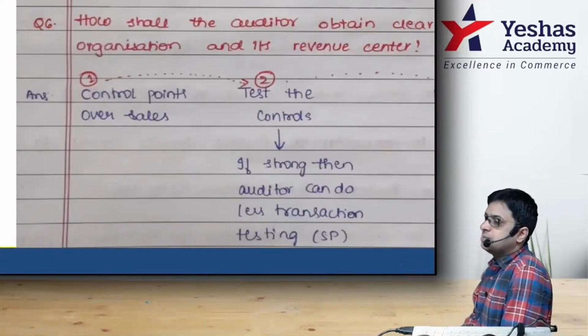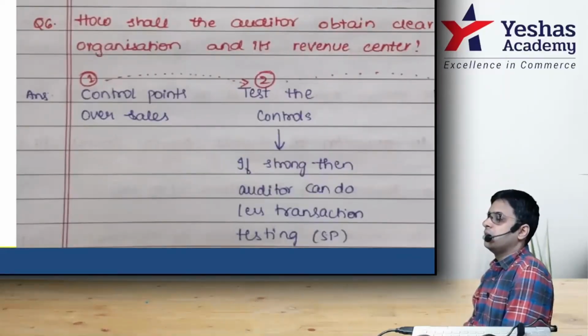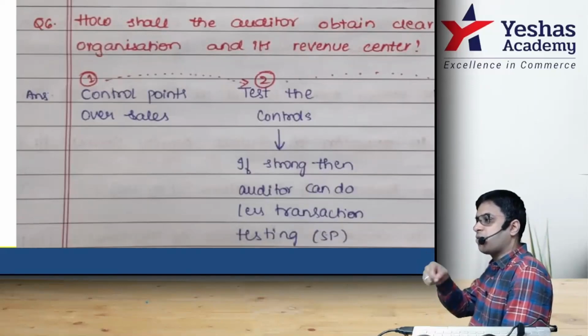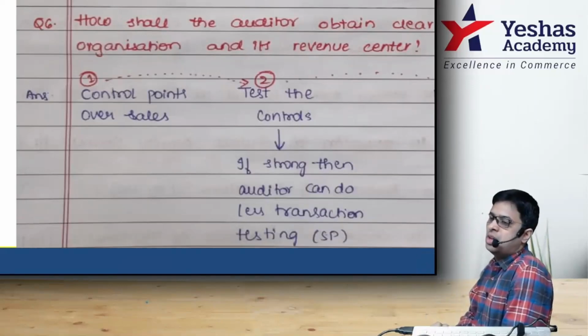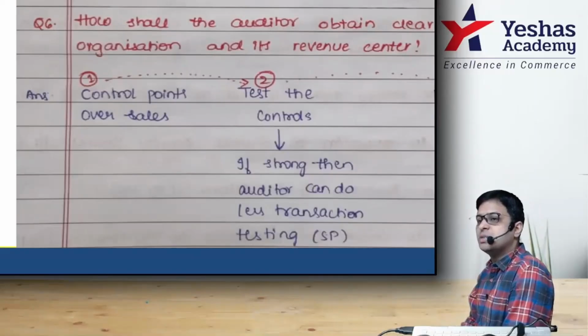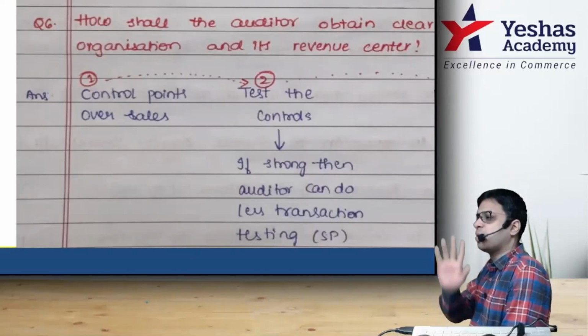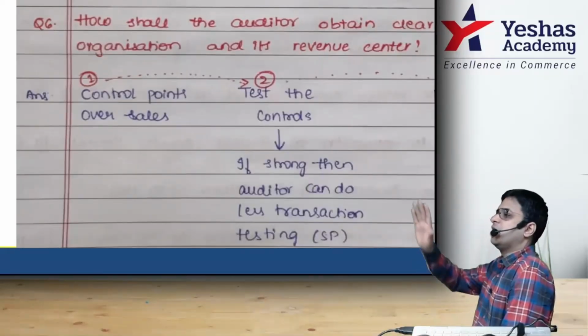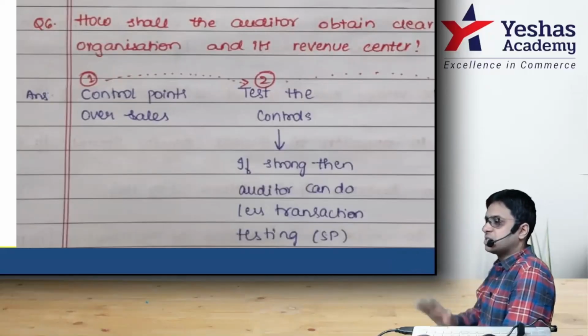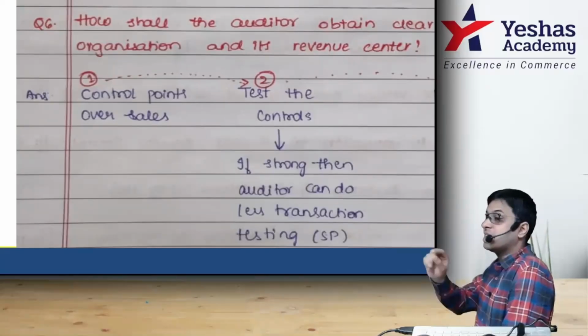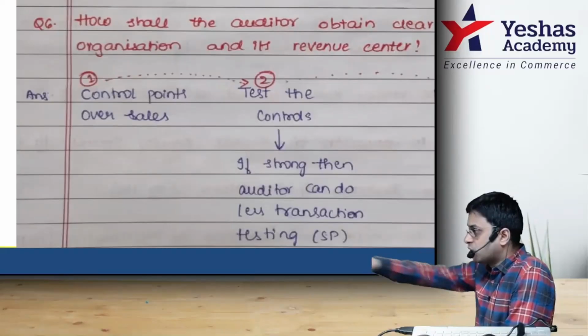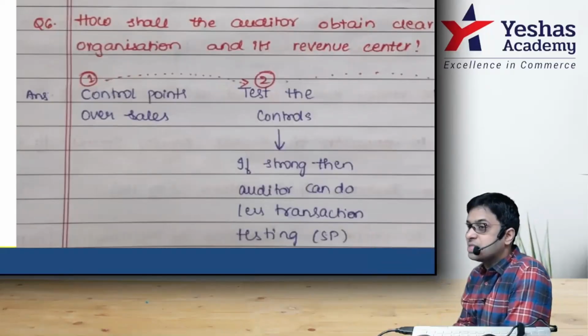First, the auditor will see which are the main places from which the company's sales happen. Where is the main area, branch where the sales happen? That is what we'll see. This is Yashas Academy. So I'll see, okay, where does the admission take place? It takes place in Jayanagar and Shazadpuram. Even if they have a printing office somewhere or some other administration office somewhere, I'm not concerned with those offices because their sale is not happening. So I'll see the control points over sale. Where is the main sale happening?